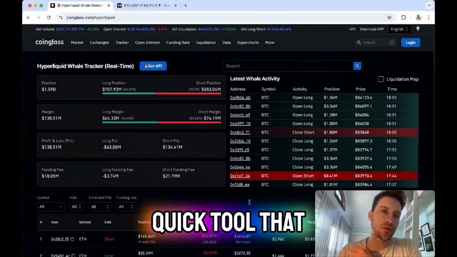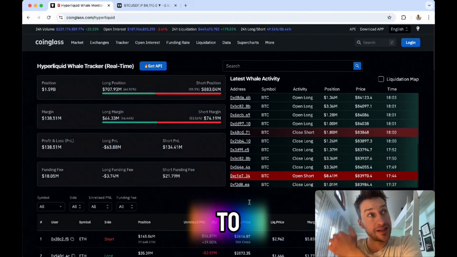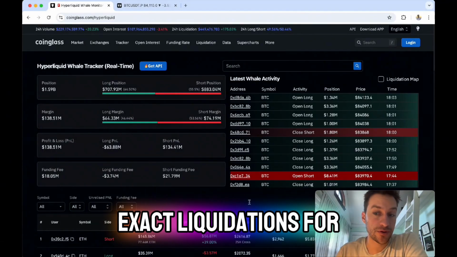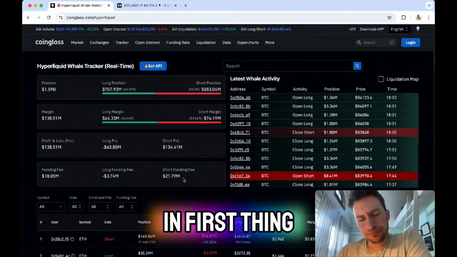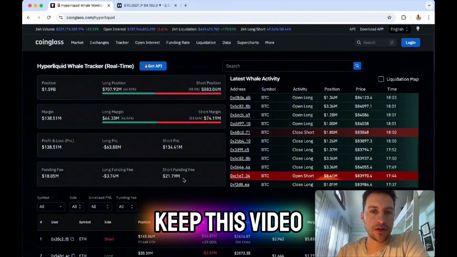Welcome to a quick tool that is going to give you access to exact liquidations for different assets on Hyperliquid. Let's dive right in. First thing I want to talk about, because I want to keep this video quick and